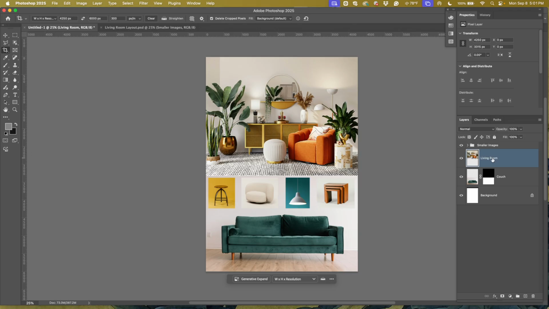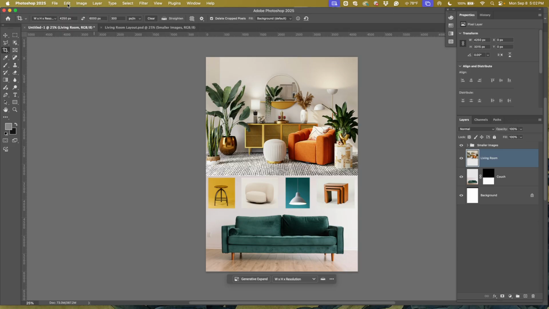So do you see that our stacking order makes sense? In the very back, we have the couch, and it's overlapped by the living room. So that's why the couch is below the living room. And then all of these smaller images are on top of everything else. So we go to our living room, and if we want to just modify one image,